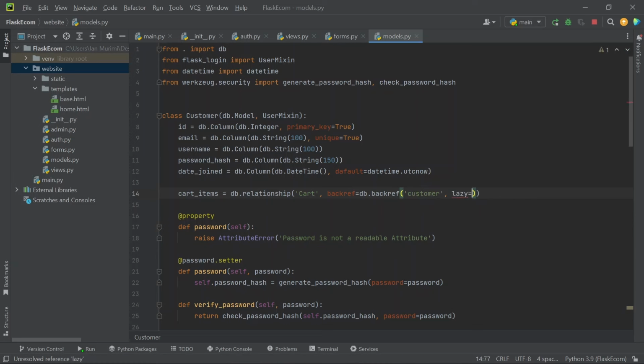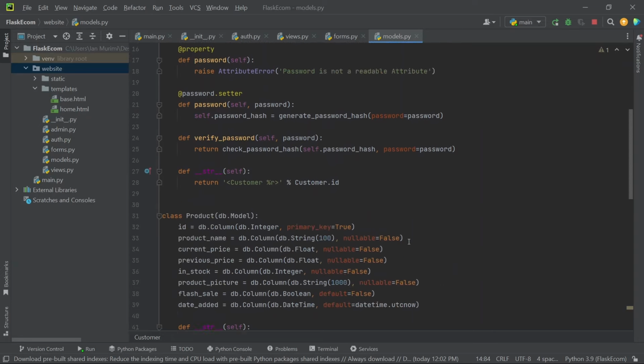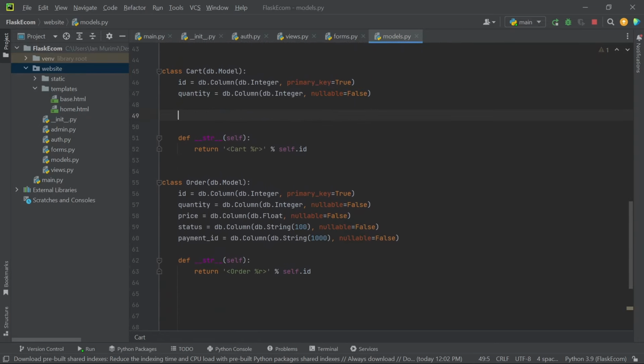I'll also set lazy to be true. And inside our cart table, we need to link this relationship. So I'm going to provide a customer link. So customer_link,